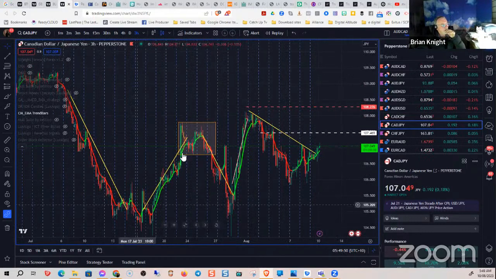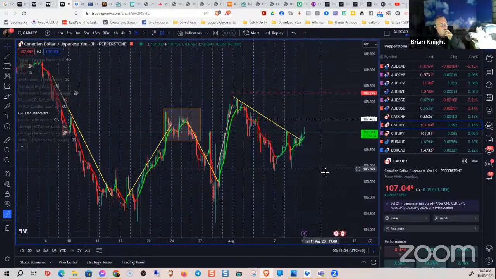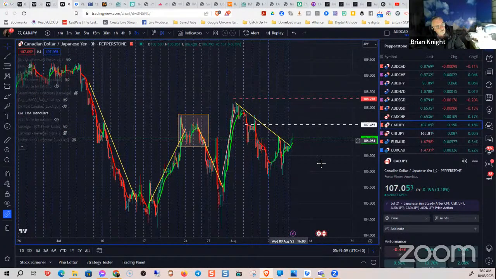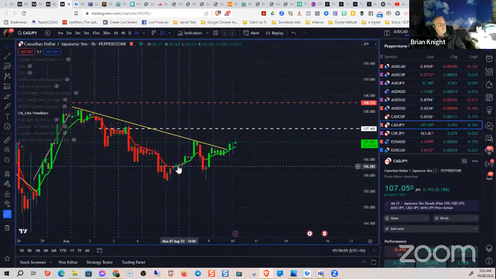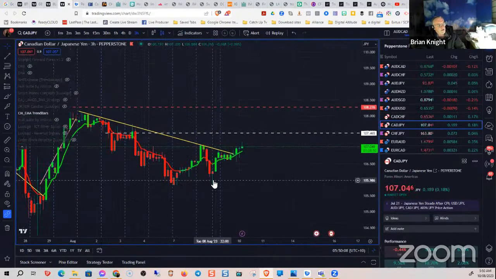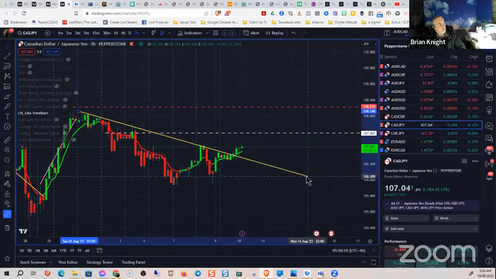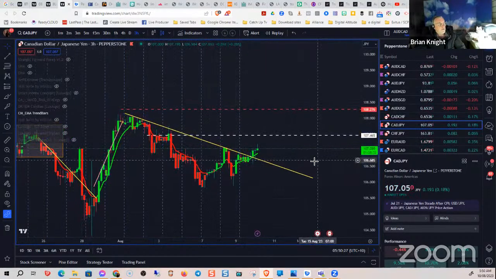So there's a lot of pips I've got out of these ones. It probably would have been also a good idea to get out of this trade. And this would have been, could have got out of it over here. Yeah, even though it's pushed back down here. Like, again, this is going a bit sideways, right? It's whether it breaks this high here. It's broken this trend line and gone above it.